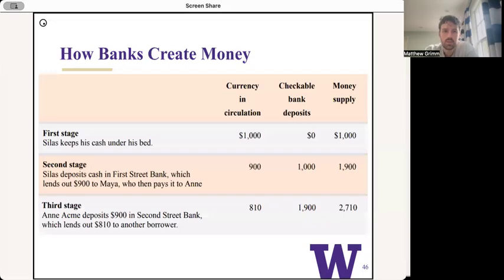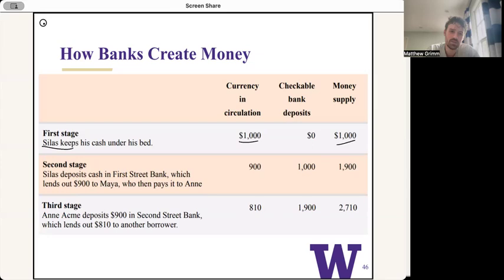So here's how banks create money. Again, the first stage is Silas keeps cash under his bed. Okay, so we're saying this Silas is going through a lot right here. So he's going to keep cash under his bed. So the currency in circulation is just 1,000, which means the money supply is 1,000. Now he's going to go to First Street Bank, which lends out $900 to Maya, who then pays it